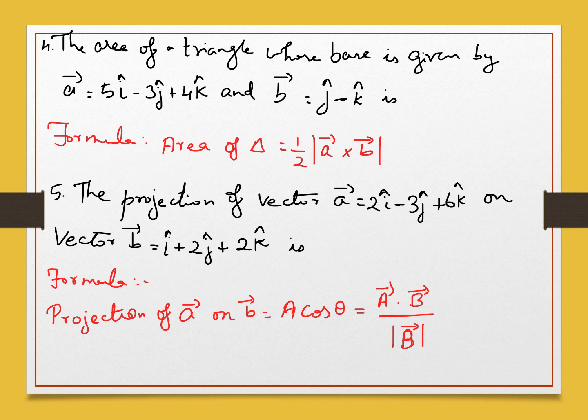So the questions are, first question: find the area of a triangle whose base is given by A vector, that is 5i cap minus 3j cap plus 4k cap, and B vector, that is j cap minus